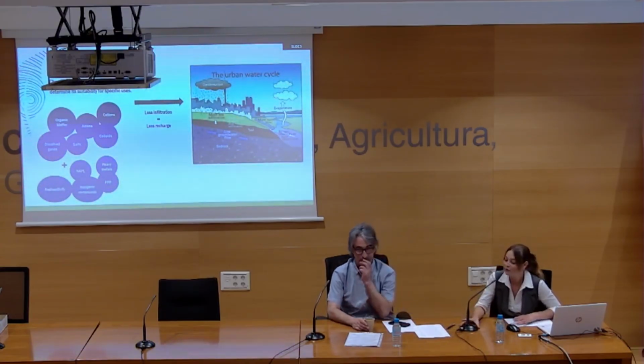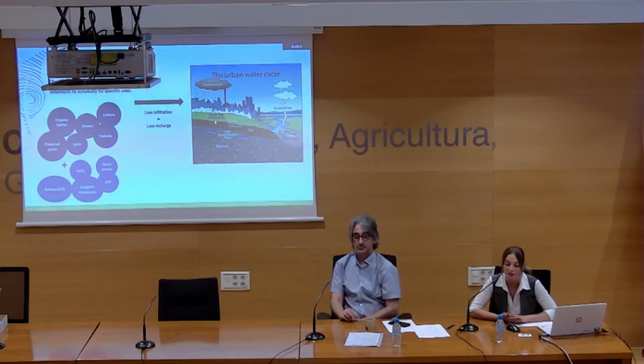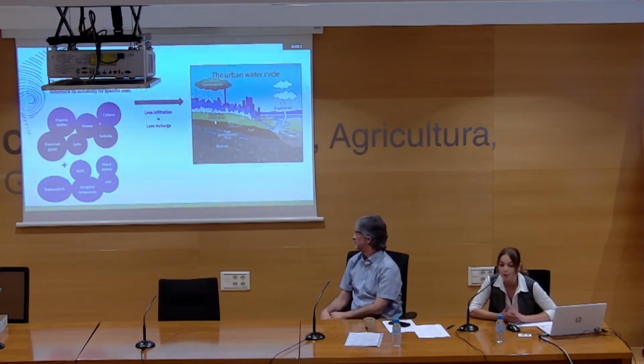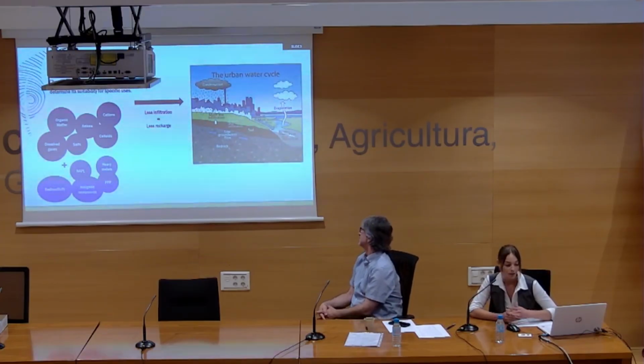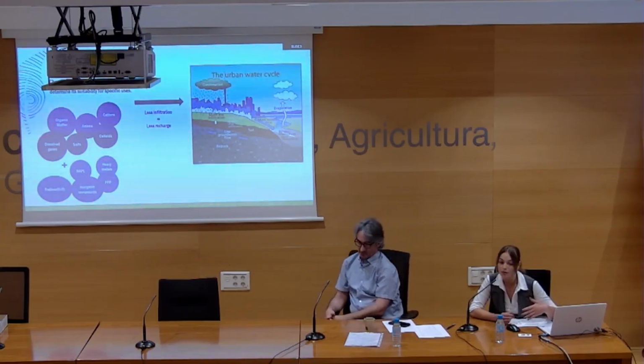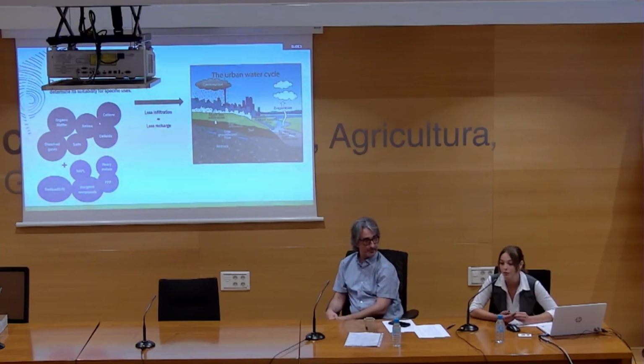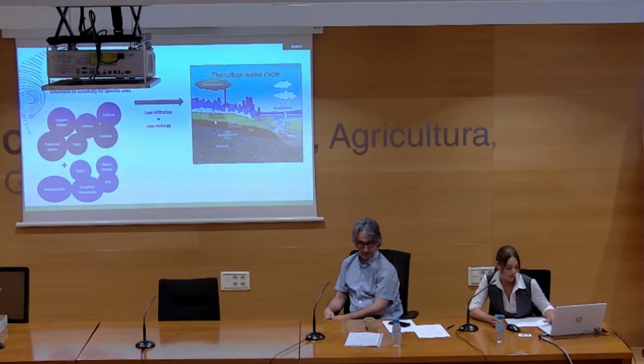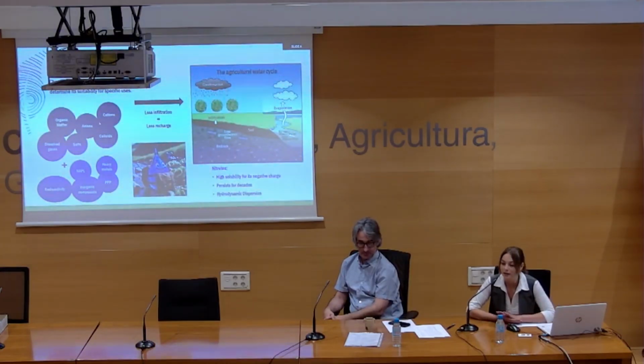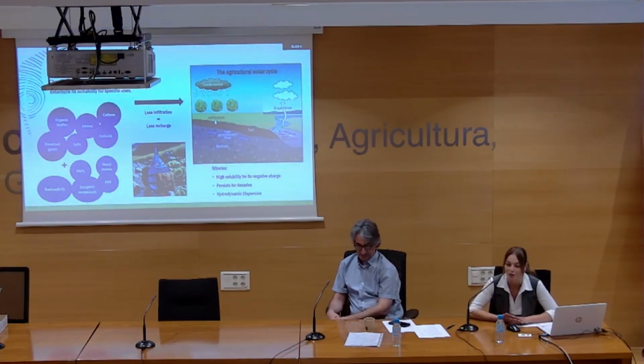So let's see now those two different water cycles and compare those two. For example, in the urban water cycle, when the precipitation occurs, there are multiple impermeable surfaces, such as roads, buildings, or roofs, which do not let enough infiltration, and less infiltration means less recharge for the aquifer. By contrast, in the agricultural water cycle, the infiltration will increase, and it could sum up to the irrigation water as well.